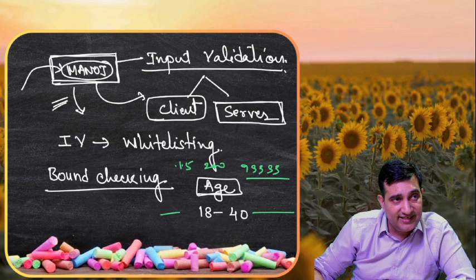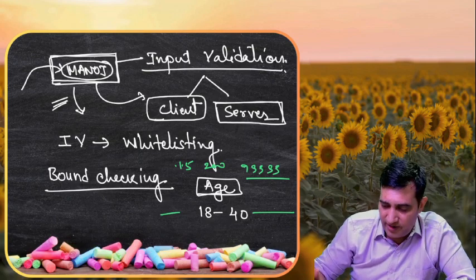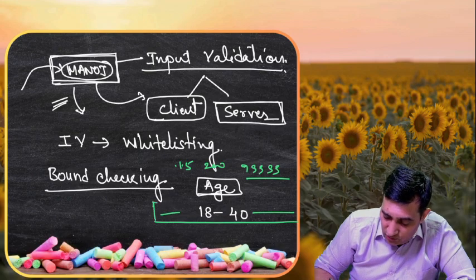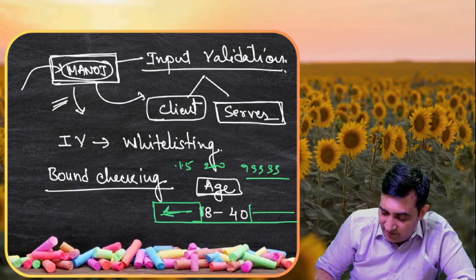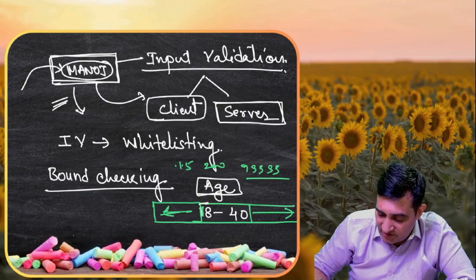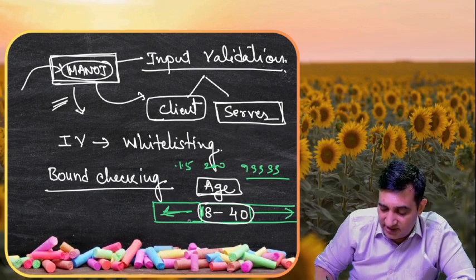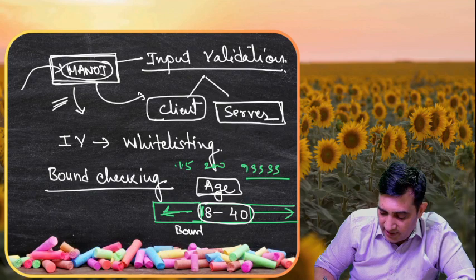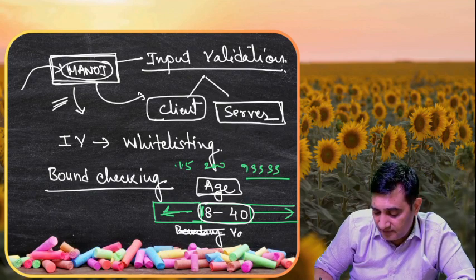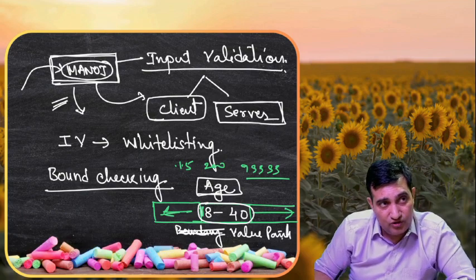So we have to partition this entire data value which we are going to accept. What we do is divide this entire number range into different ranges. So any kind of number before it, any kind of number after this, we need to have rules defined for that, so that we only accept the data which is within this particular range. This is called the boundary, or this is called the value parameter. So while doing bound checking, we also do it.